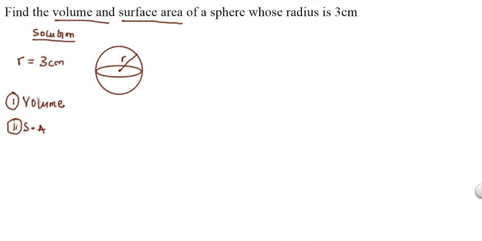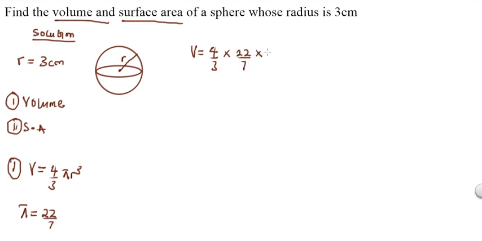The first question says we should find the volume. Now to find the volume of our sphere, we use the formula V is equal to 4/3 pi r cubed. Plug our radius into this formula, and we use pi as equal to 22/7. So if we plug the value of pi and the radius into this formula, our volume will be equal to 4/3 times pi, which is 22/7, so this will be 22 divided by 7 times the radius,